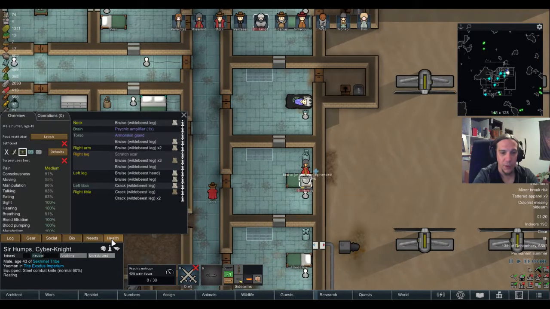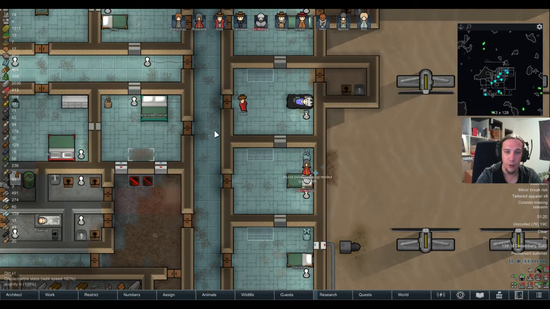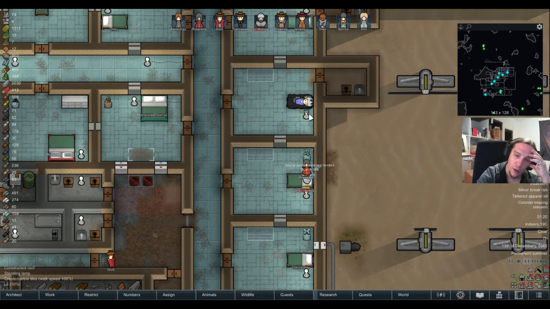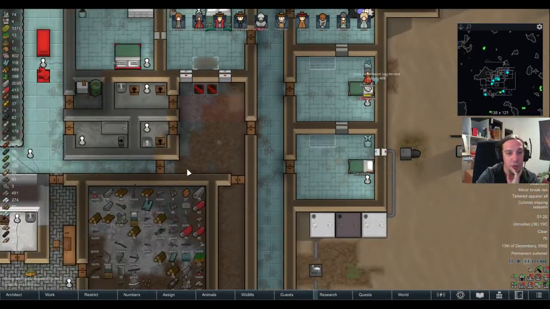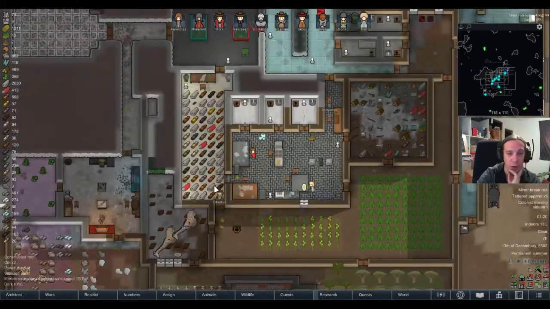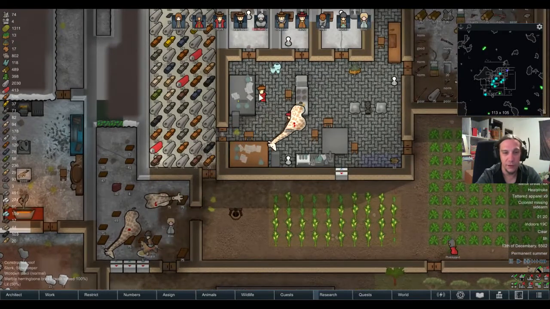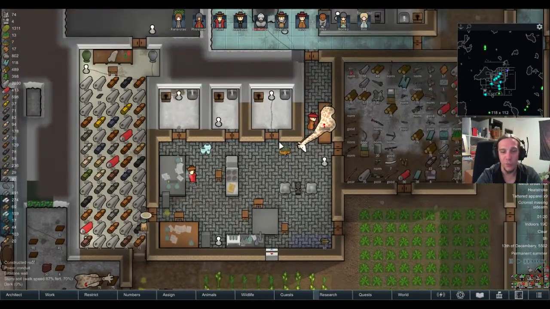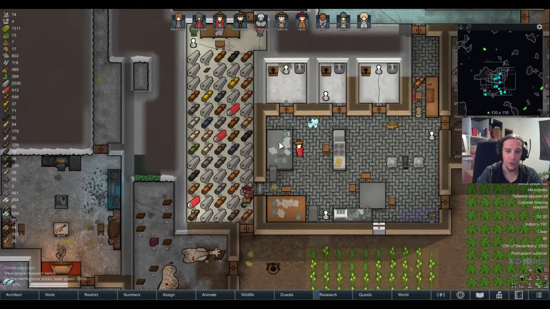I'm not surprised because it usually takes ages if you don't take care by yourself of the wounds of your colonists. The average response time of your colonists is a disaster. If Sir Humps would have been in real danger, I would have micromanaged that on my own anyways. So...